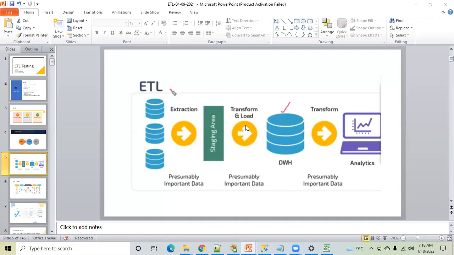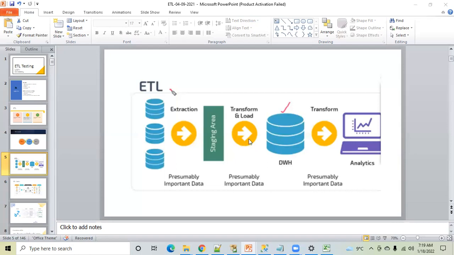You all know the formula of simple interest is principal into rate into time. So at this point, you will be validating whether the formula has been developed correctly by the developers or not. That is what transformation logic is. The business logic can be any logic, and if I talk in a very simple way, those are the business formulas.